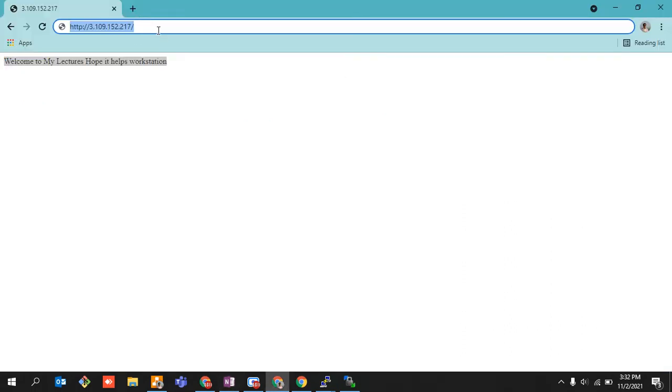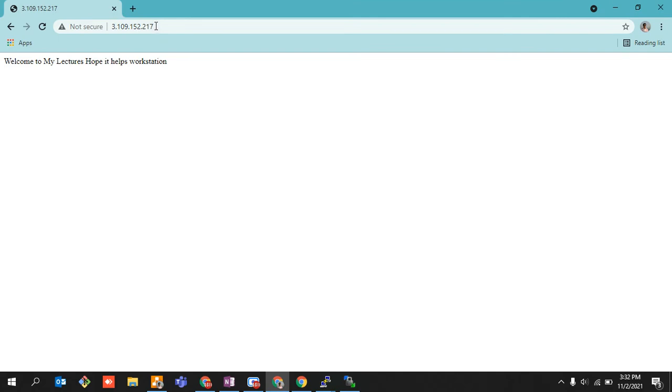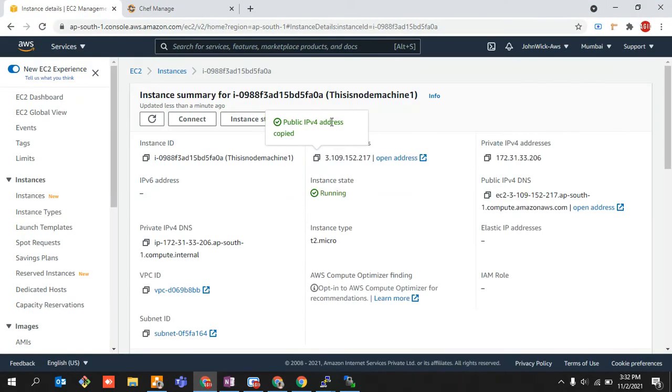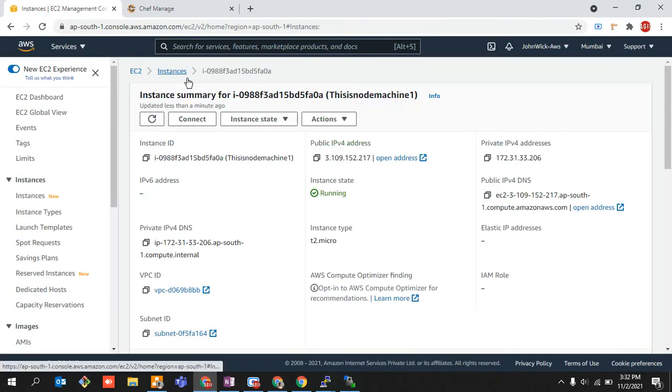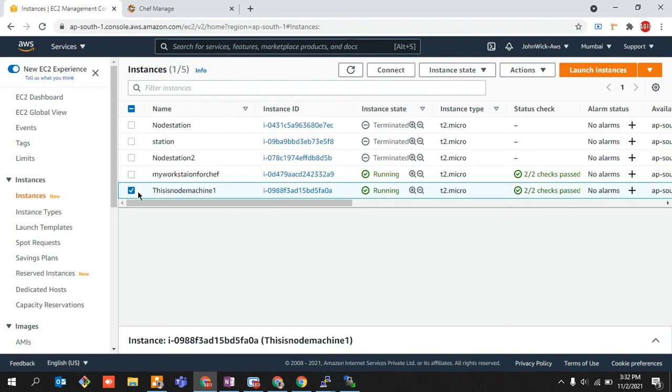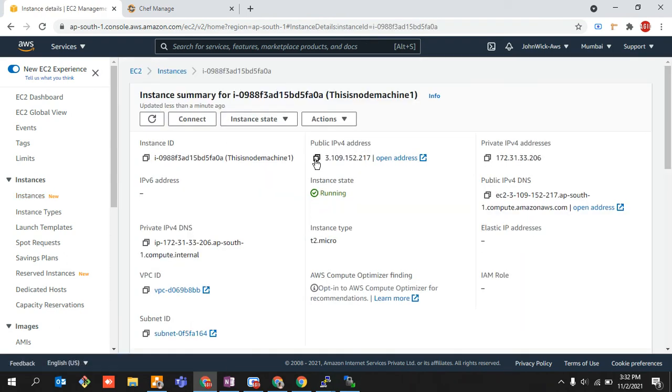So this is the core automation over here. Everything has happened. Let me reiterate, guys, this was my node machine. Come over here, copy the public IP. When we were creating this particular node, we connected it to the chef server, right?